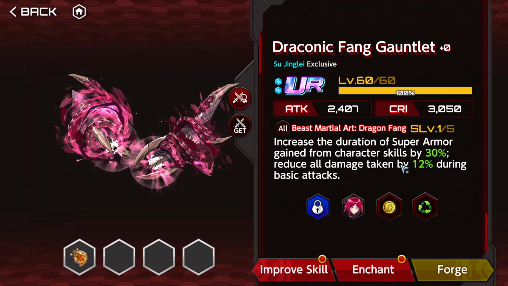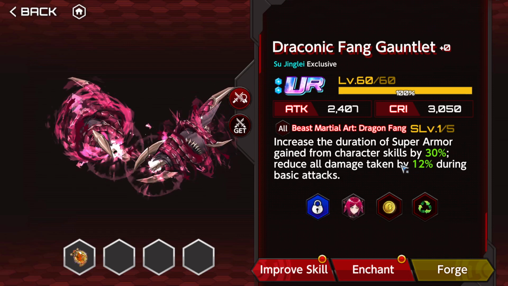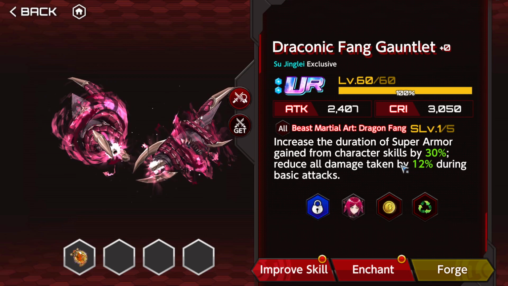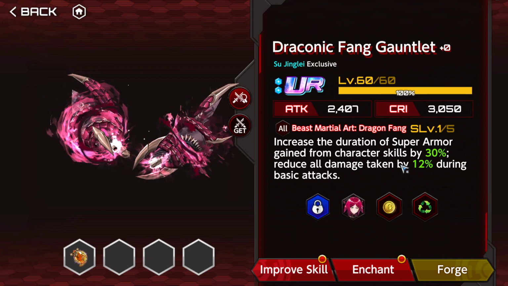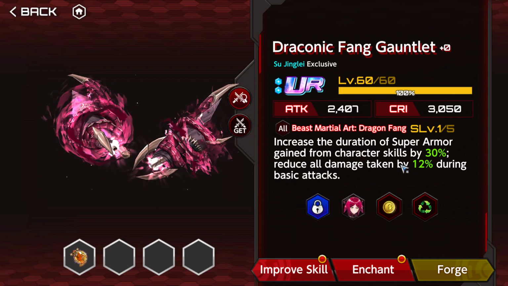So yeah, what I don't like about this is that it only reduces damage on basic attacks. If it was a generic damage reduction, I would be very pleased with this. And yeah, maybe you're gonna attack a lot and you're gonna reduce a good part of the damage like that, but maybe you're using a skill or something else. So